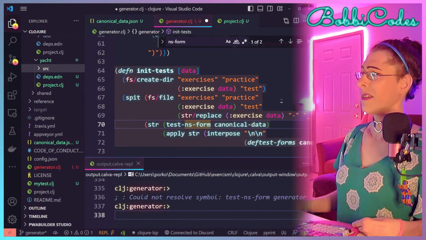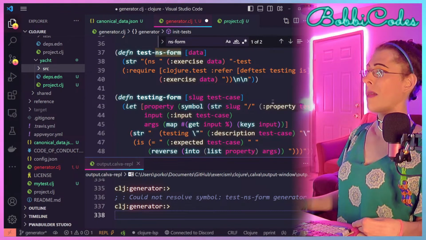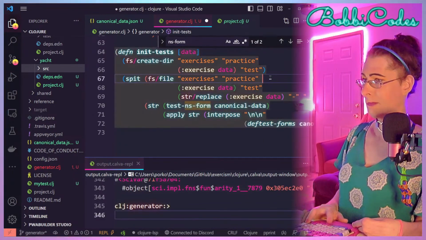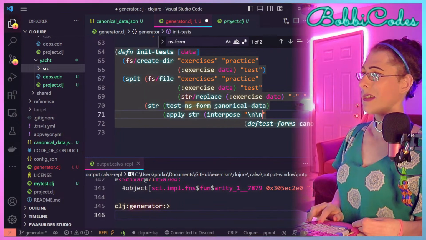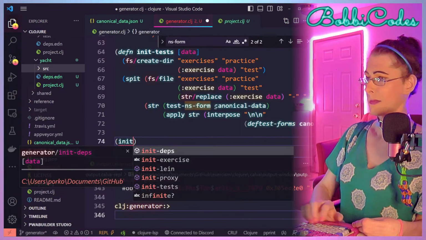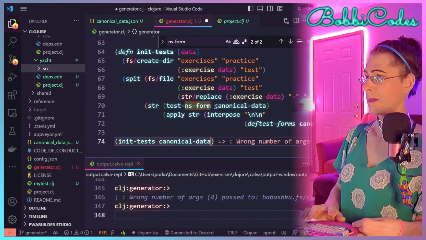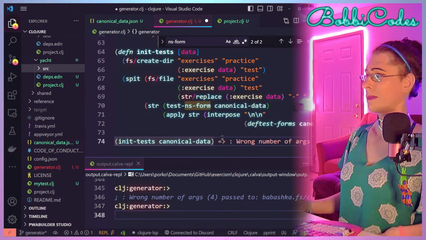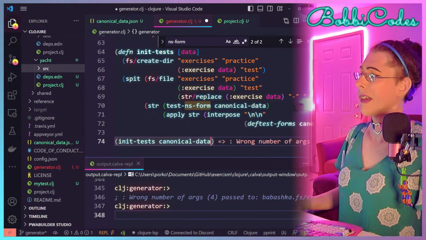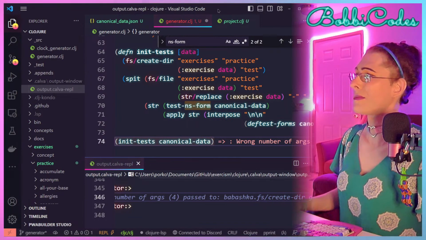Wait, test NS form. Oh, because I changed the name. Cool. So now let's see if we say init tests. What? Oh, okay. Which one did I mess up? Create dir.